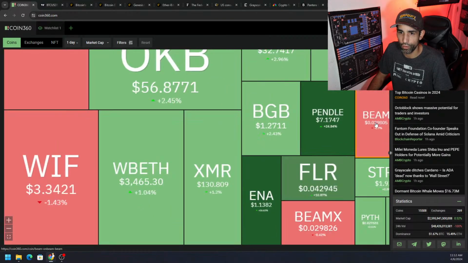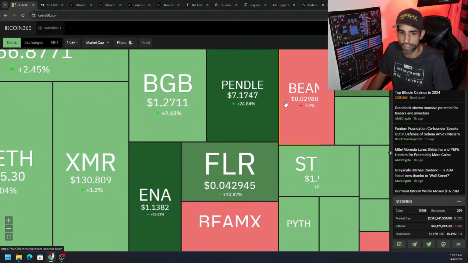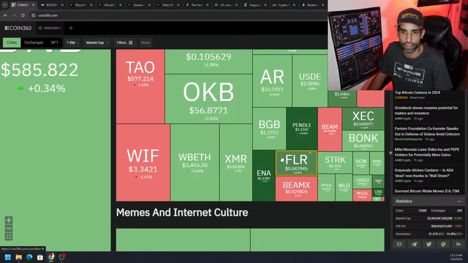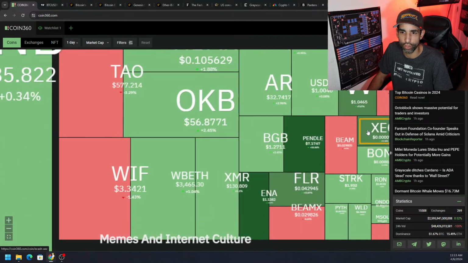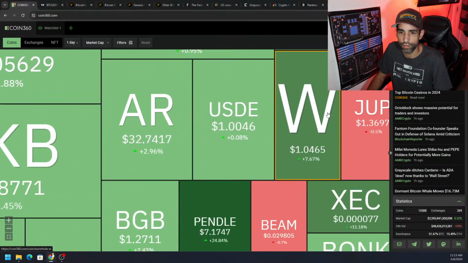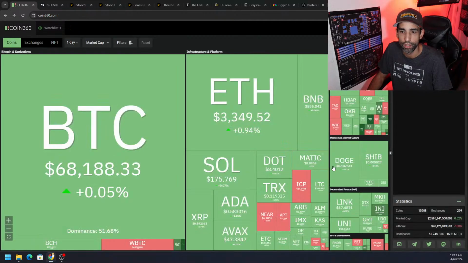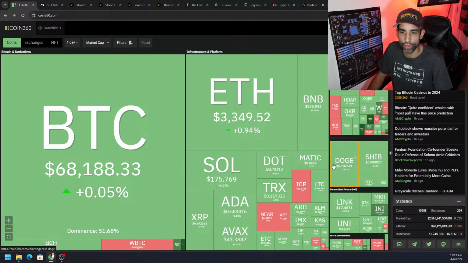And then we have some other deep greens here. I don't know what these two tokens are. Maybe somebody can fill me in. Pendle and ENA up 16% and 24% respectively. Look at Wormhole here. It's up $1.44. It is down 30% since it started, but you know, the attraction of people to tokens on Solana